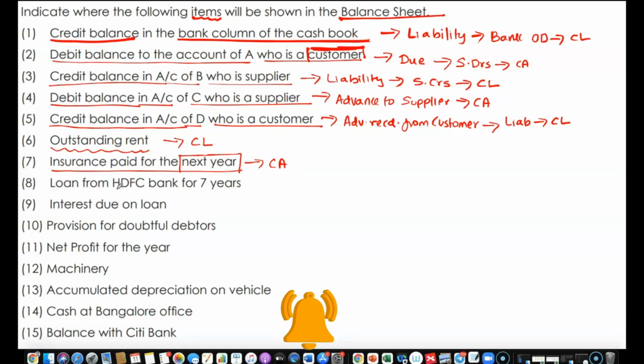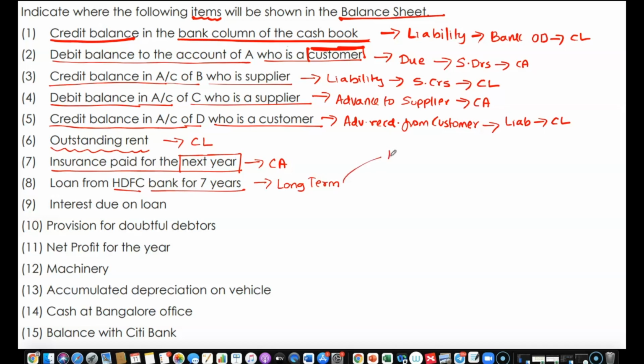Then loan taken from HDFC for 7 years. So here the loan is taken for a longer period, right? It is not repayable immediately. It is payable over a period of 7 years. But this long-term loan will have something repayable in the very next year, right? Even though the loan was taken from HDFC Bank for 7 years,